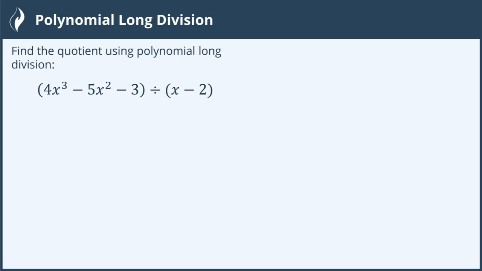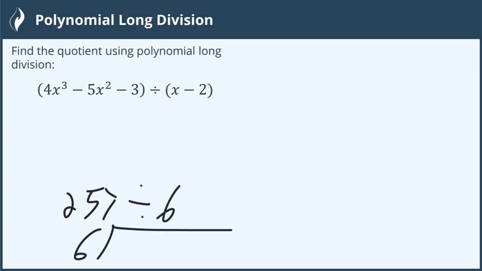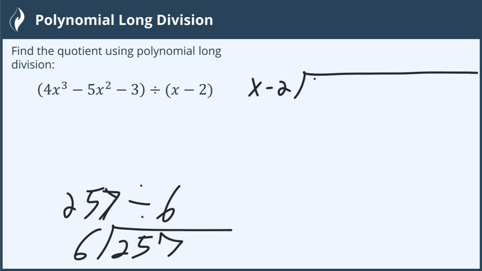Find the quotient using polynomial long division. Okay, long division, we're going to set it up just like long division. If I said 257 divided by 6, you'd put the 6 on the outside and do 257. So I'm going to put the x minus 2 on the outside and the 4x cubed minus 5x squared